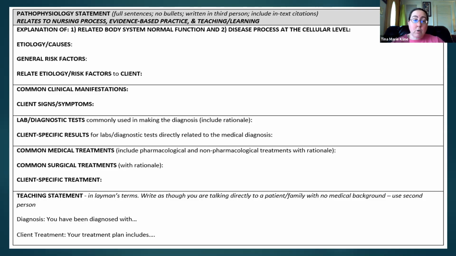Oxygen is considered a medical treatment, okay? So don't just tell me that, well, we put them on oxygen. Okay, how does putting them on oxygen help? And are there special considerations about oxygen in relation to COPD patients? You took care of Hector Gomez. I hope you picked that one up on that video as to why we had to turn the oxygen down, okay? For non-pharmacological treatments, think about things that don't involve drugs: positioning, hydration, nutrition, and not just listing those items,